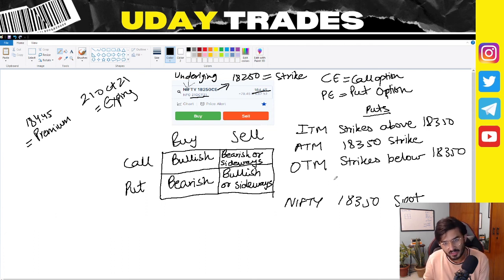But on the other side, as a seller, you want decay, so there are different strategies. Seen that way, out of the money options are beneficial for you as a seller, and selling in the money options is not recommended. It is recommended only for advanced traders. So for selling, go for out of the money options, and for buying, go for in the money options. Choose your strike accordingly.